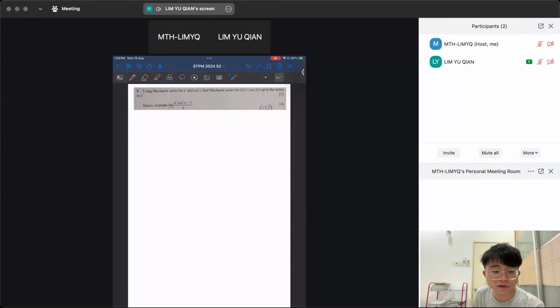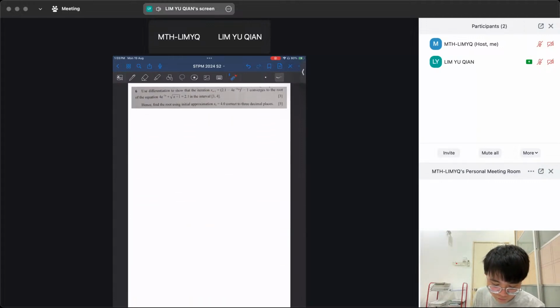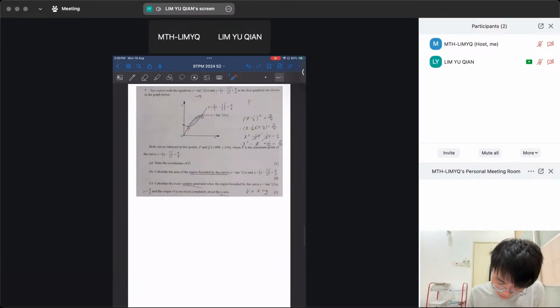So I think question 5 is everyone can answer. Question 6 呢you have to know the f prime. If you differentiate, you substitute the initial value. You check whether it converges or diverges. If modulus less than 1, then converge. Modulus more than 1, then diverge. Question 7 is